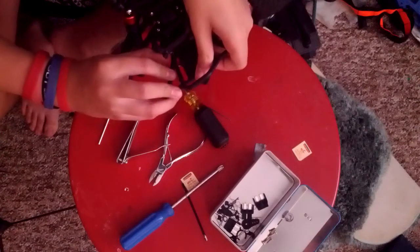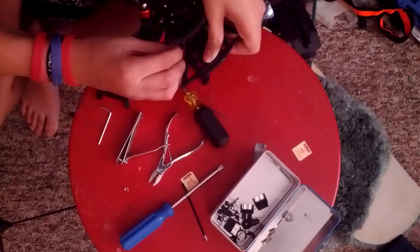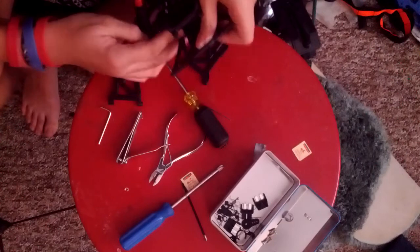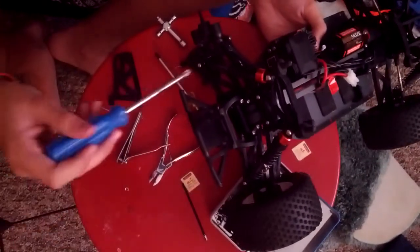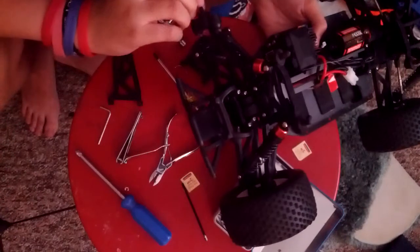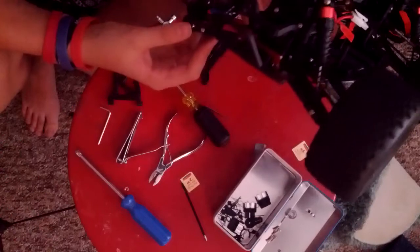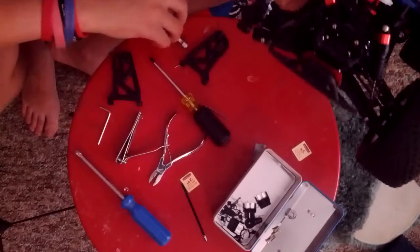Let's go ahead and remove this pin. It's not coming out. So, anyways, you'll take that pin out, then that'll be loose, and then you take off your shock to make it easier to get in there, and then you unscrew the broken suspension arm from this screw here, and it'll be tough to unscrew because the